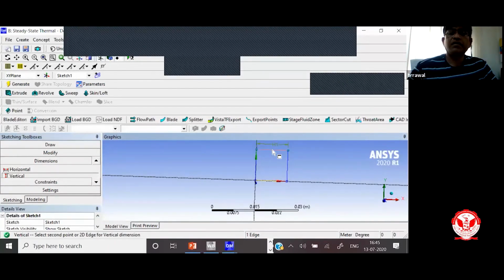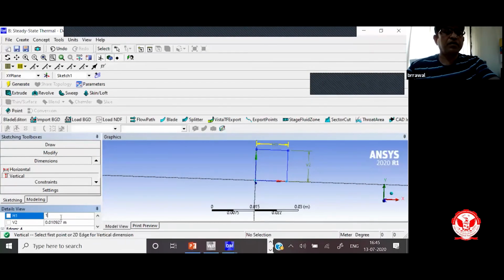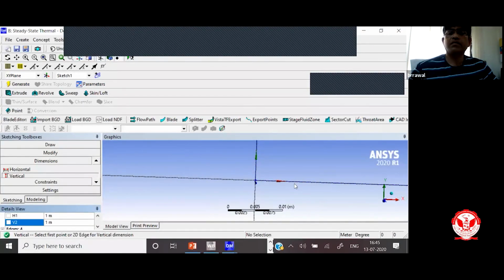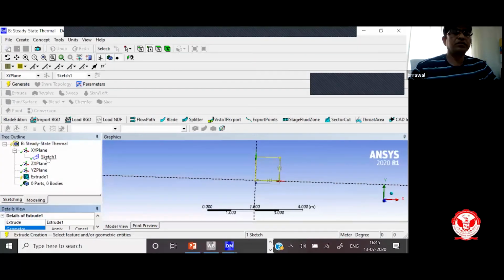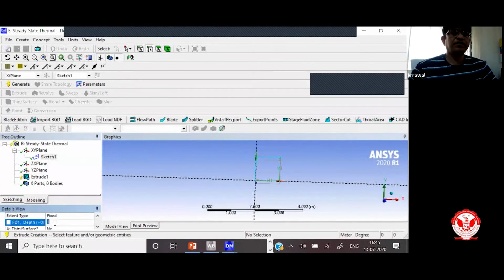Vertical, one meter, 1 meter. Extrude, depth is